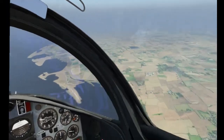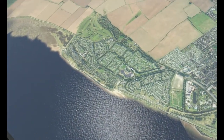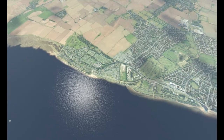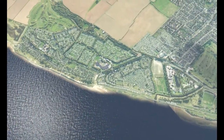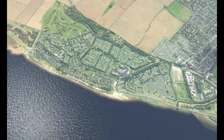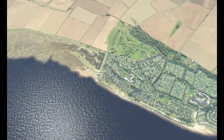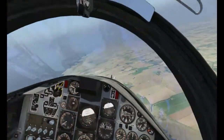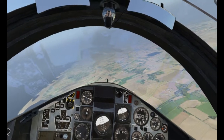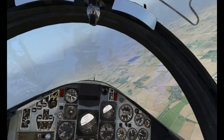Amazing. I don't know if you can tell, we are quite high now obviously, but trust me, that ortho down there, you can see everything right down. In fact, I've even seen people very clearly on the beach when you're at that sort of zoom level. And for me, again, that's quite important for the immersion, because when I fly in real life, the scenery